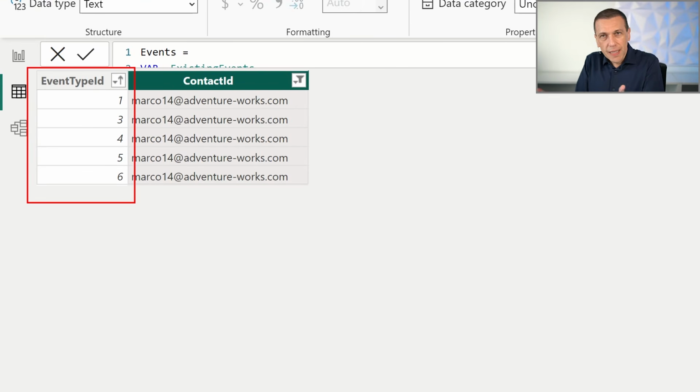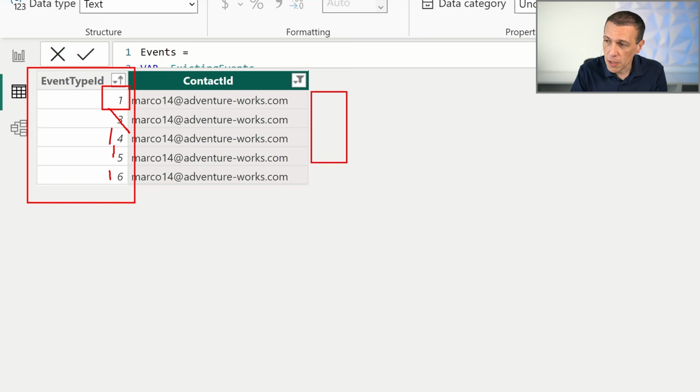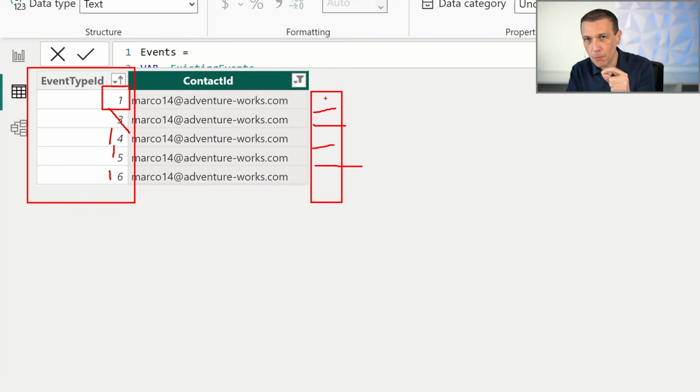So this is the table we want to obtain in order to move from the initial table to the final table. Because once we have this table, if you think for a moment, the number 1 represented the starting point, and the following rows represent the destination. 1 to 3, then 3 to 4, then 4 to 5, and 5 to 6. Which means that if you imagine creating another column here, you simply have to conceptually put in every row